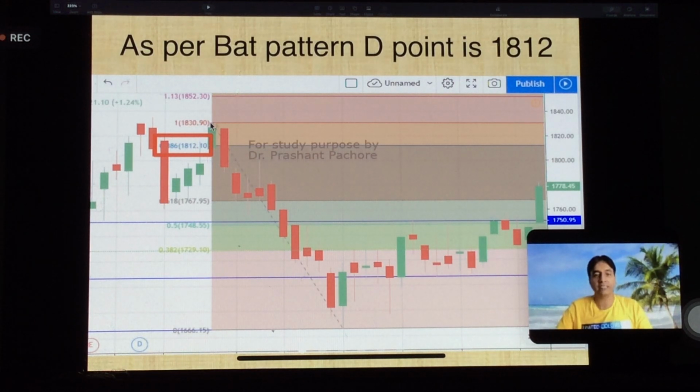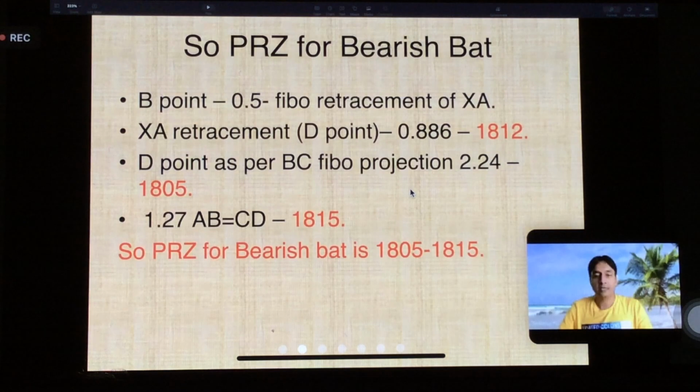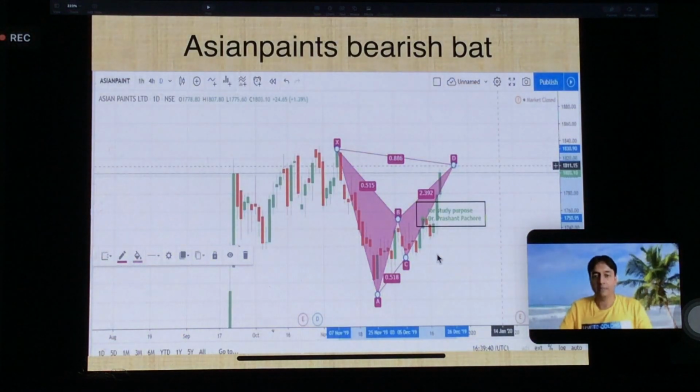Always remember, whenever we are seeing something like this, that my Pro FZ is here, and I have another swing high here, so we should keep the stop loss beyond that. Price didn't go up to that, but I am telling you what I am seeing here. So we have got 1805 to 1815, right?